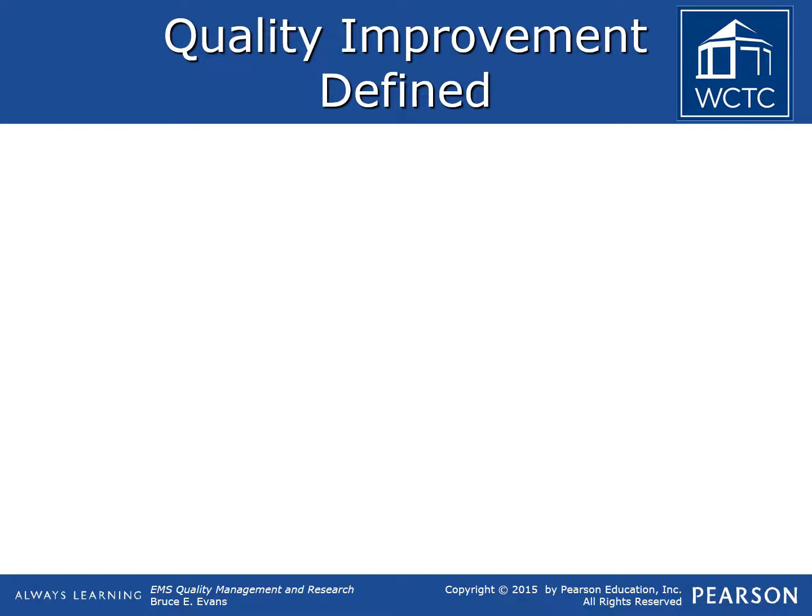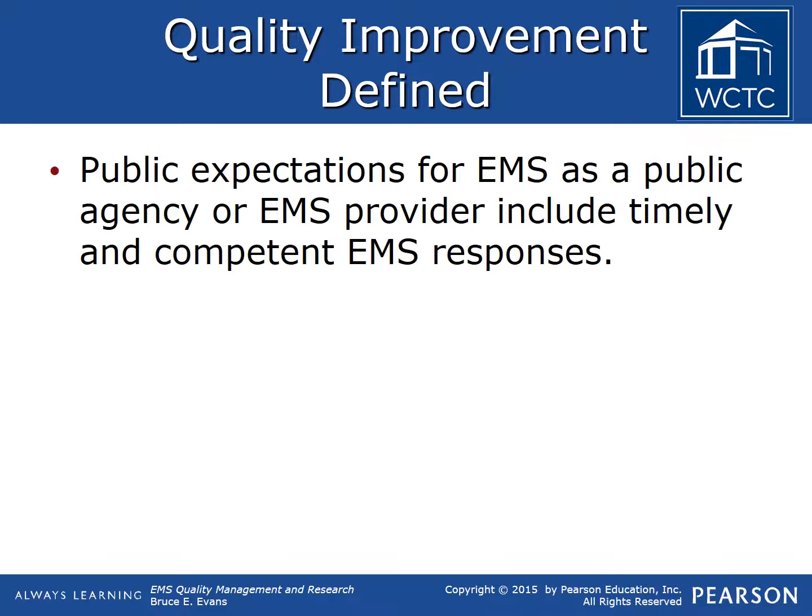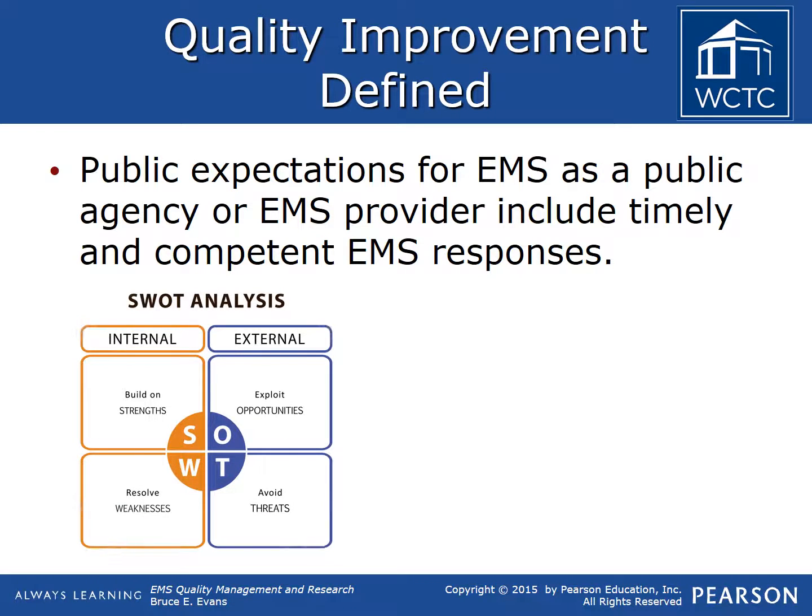One of the first quality measures an EMS agency needs to consider is related to public expectations of that service. Namely, the public expects a timely and competent response. To meet this need, EMS leaders must examine both the strengths and weaknesses of the agency and make modifications as necessary to meet that public demand, which means the EMS organization must have defined quality within its system. Without that definition, there can be no direction to achieve the organization's goals or direct quality improvement efforts.